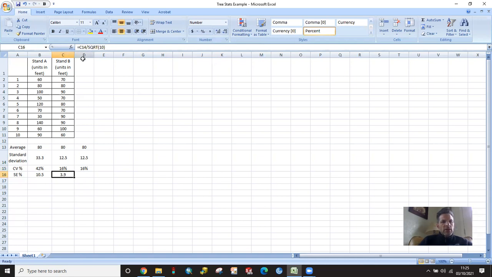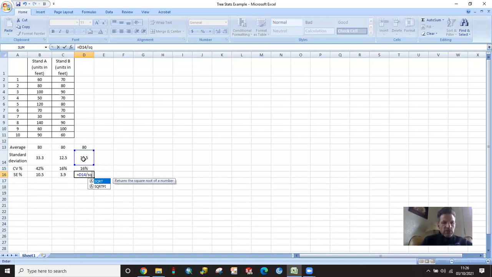All right, and then our last one is going to be the sampling error. So that is the standard deviation divided by the square root of n, the number of samples. So we had 10 samples here. So we're just going to write a simple formula for that as we see here. So it would equal the standard deviation, this value, divided by the square root of, and you're not going to put 10 in there. You're going to manually enter that. So I'm going to say is equal to the standard deviation divided by, and you can just type SQ. You're going to see SQRT, and we're going to type in the number 10